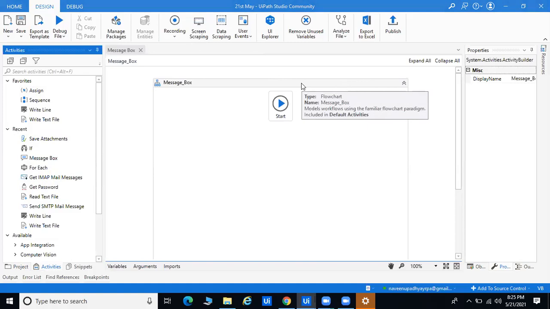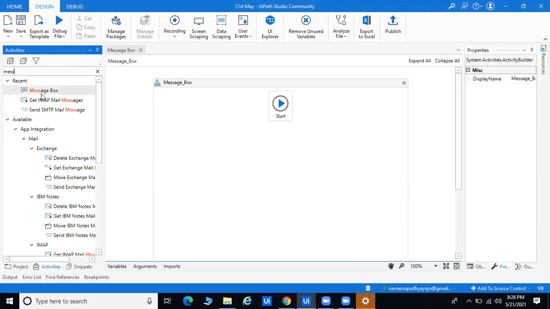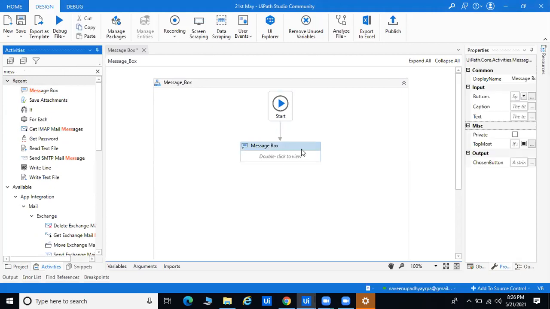If you ask me what is a workflow, in RPA technically this is nothing but your process, your sub process of your project, and here we'll try to automate some process, sub process. Okay, so first we'll go to activities and take the message box. Simple drag and drop the message box and connect it to start.